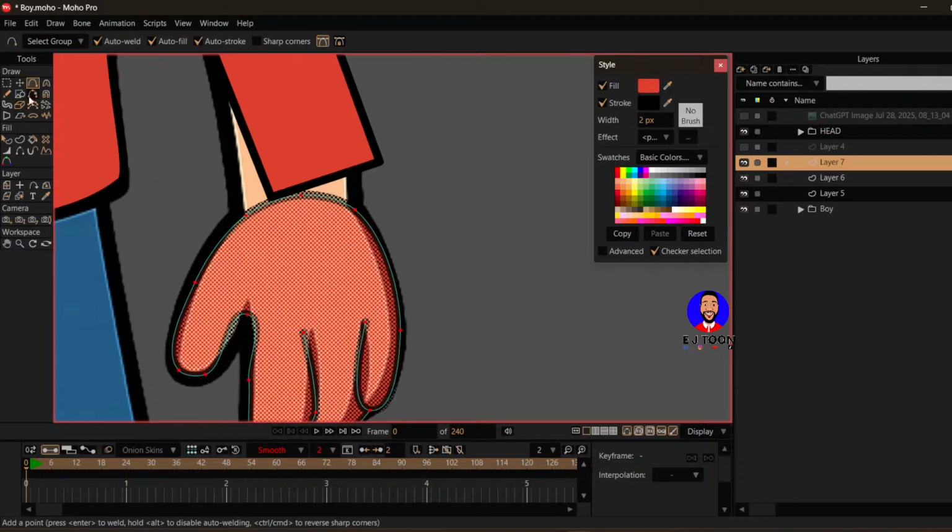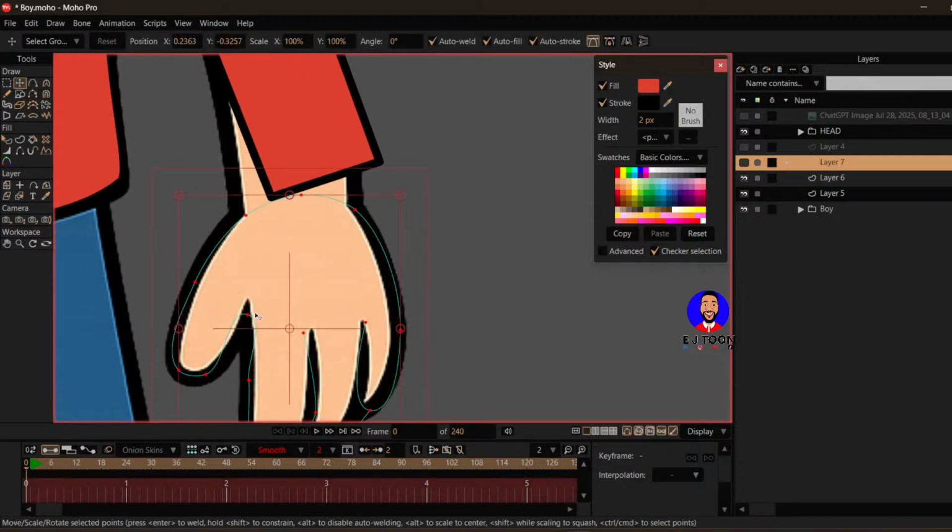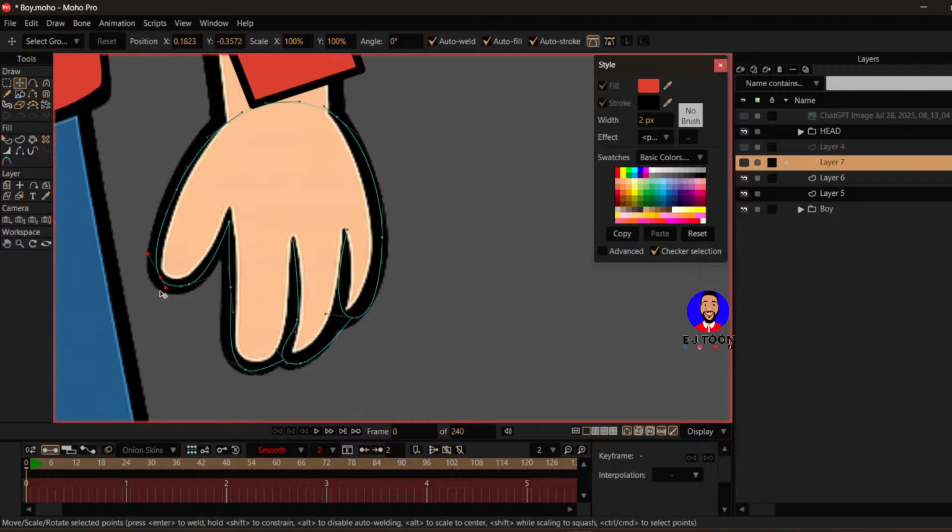So this is it. Ctrl P. Bring this down. So what I mean by switch layer, I'm just going